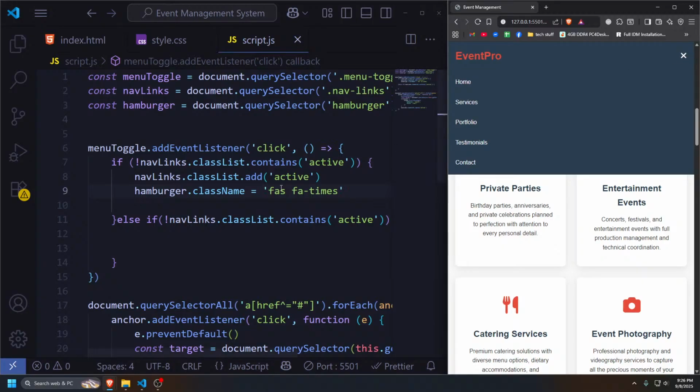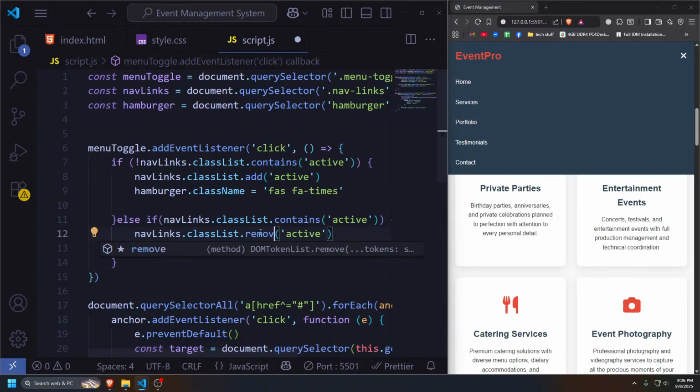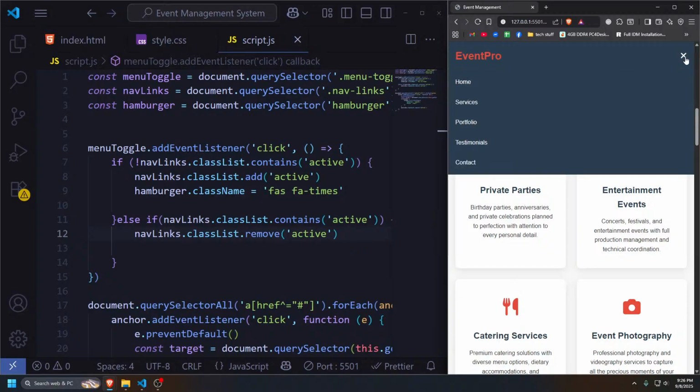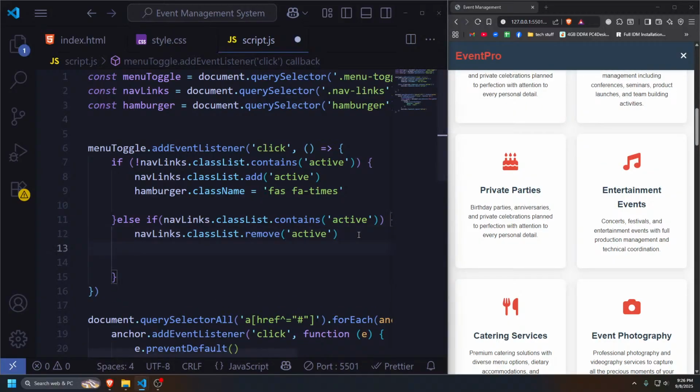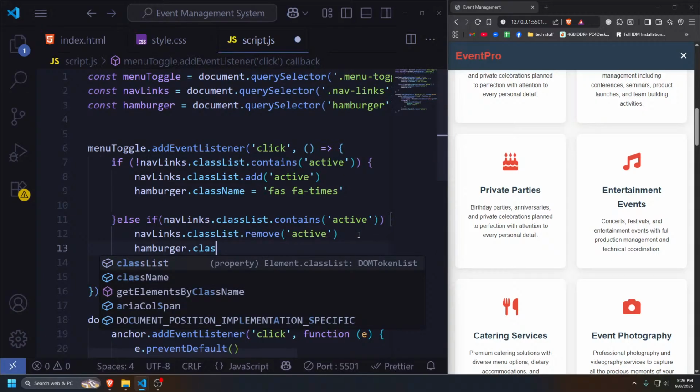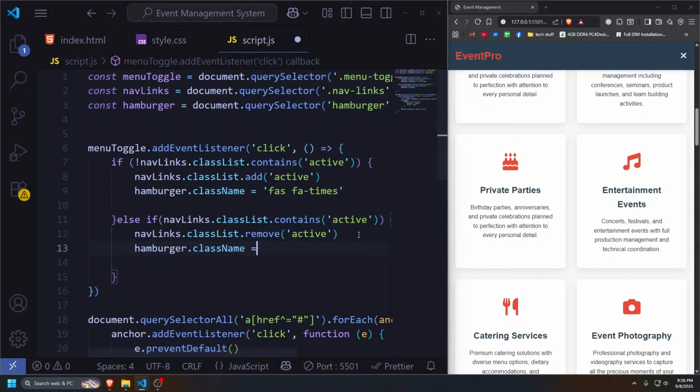Initially set that here, and if it's already active and you click on the hamburger menu, it will just remove the class name so that the toggle works, and set the hamburger.className equals to